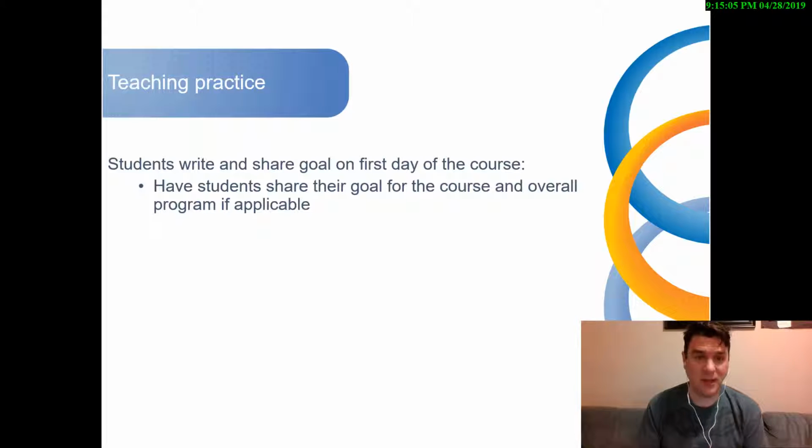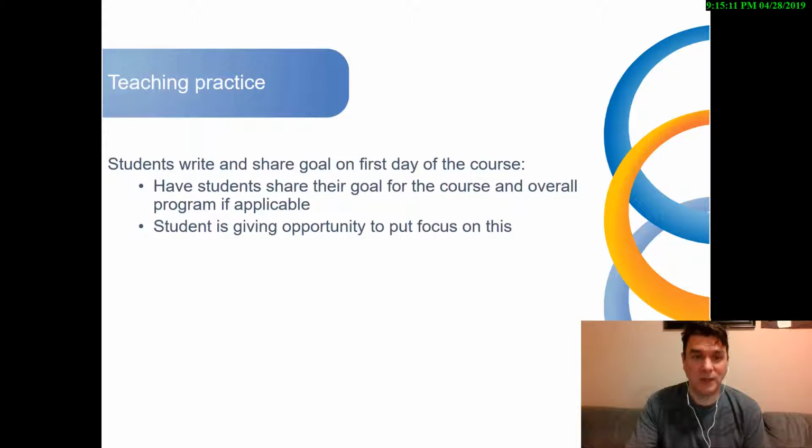So I have them write that down, and really spend some time thinking about it, considering it. They may not have done this before. They may have looked at this when they first were registering and maybe haven't looked at it again. I find it's helpful to give them an opportunity to focus on this and remember what their goal is, or reflect on it if they haven't really considered it, because it may be this course that they're taking, maybe the business law course or an accounting course, and they're looking to be